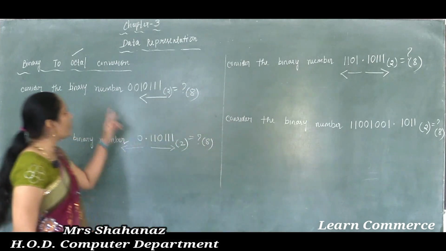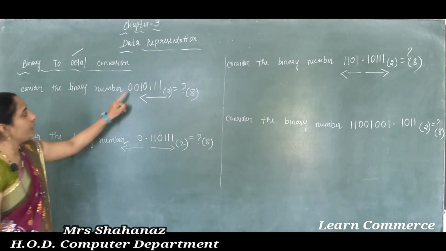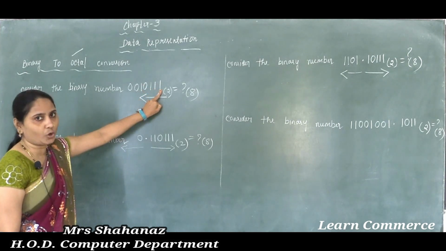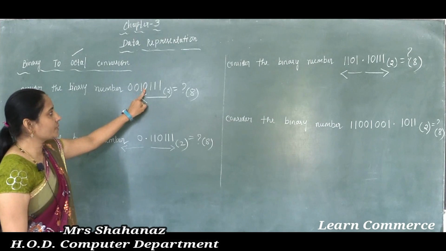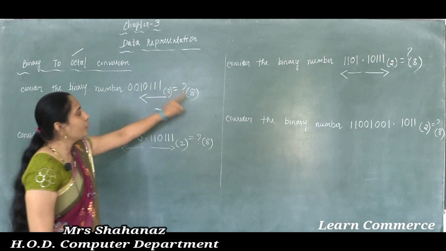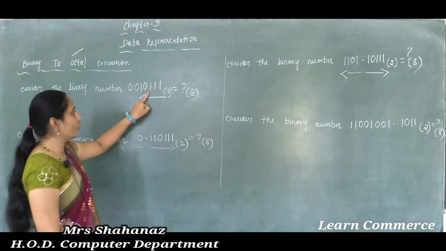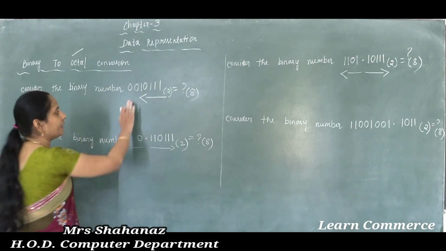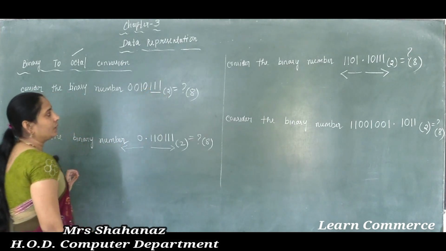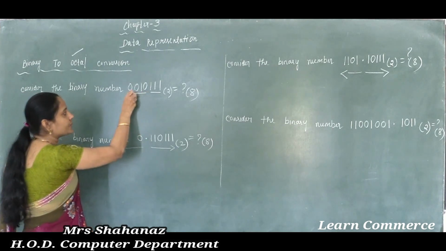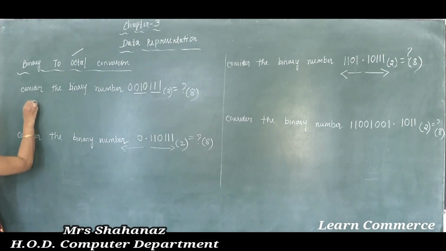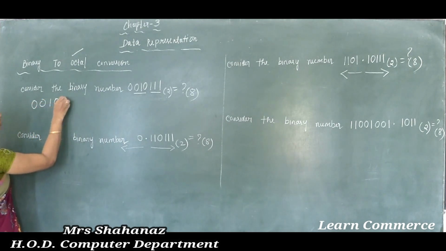Clear this one here? So maybe the question is 0010111. Okay, so this is the question: 0010111. Now we are going to convert from binary to octal. So here we break the binary digits into groups of 3 bits. Okay, so 111 is 3 bits, 010 is 3 bits here. So just write the value here: 0 0 1 0 1 1 1.